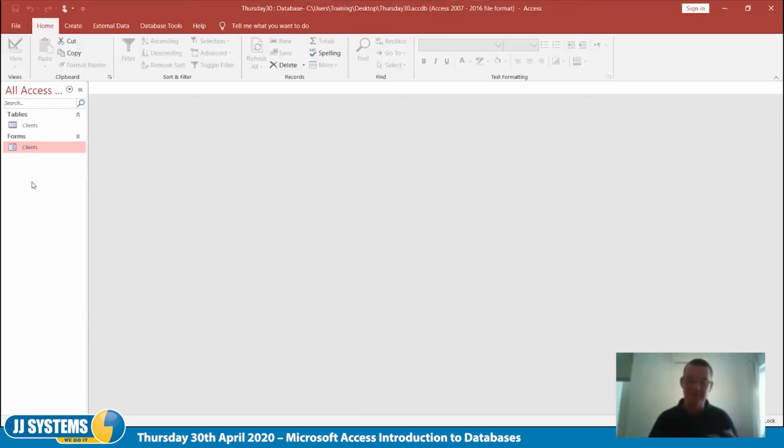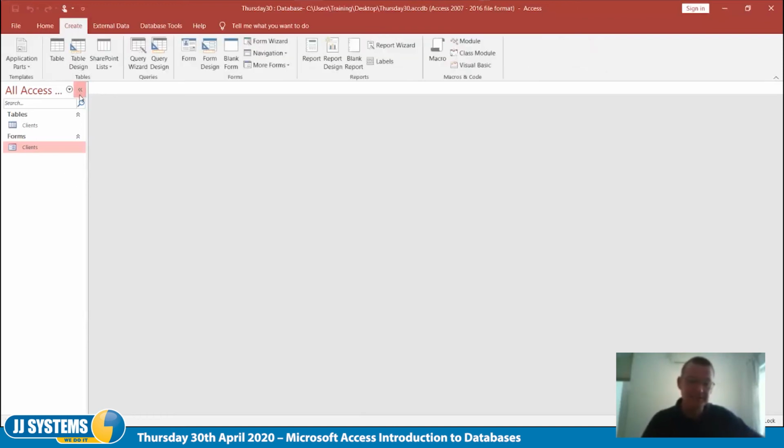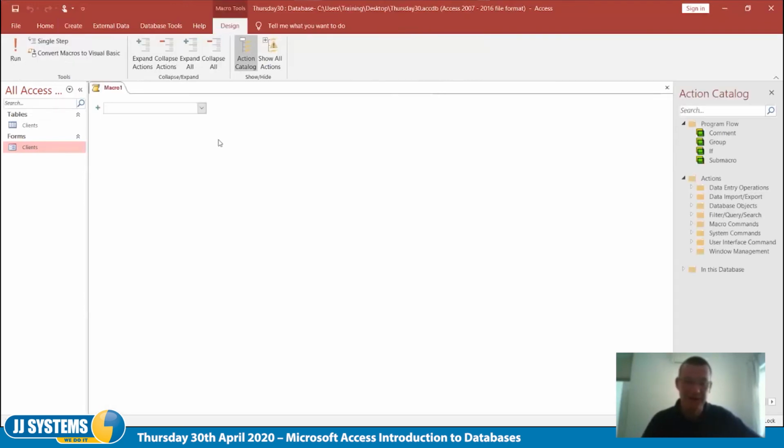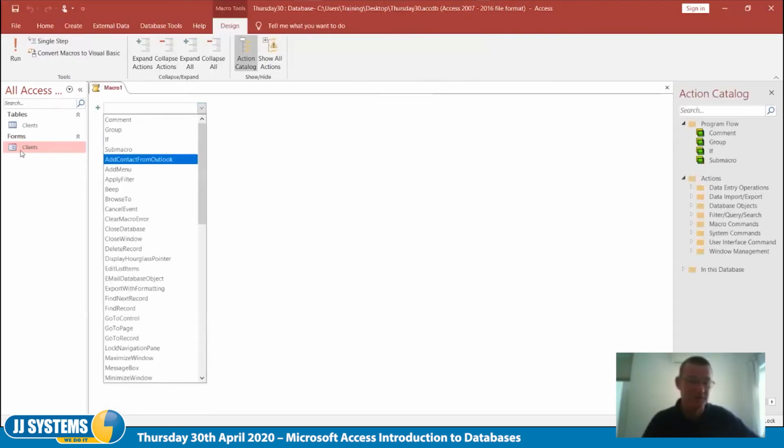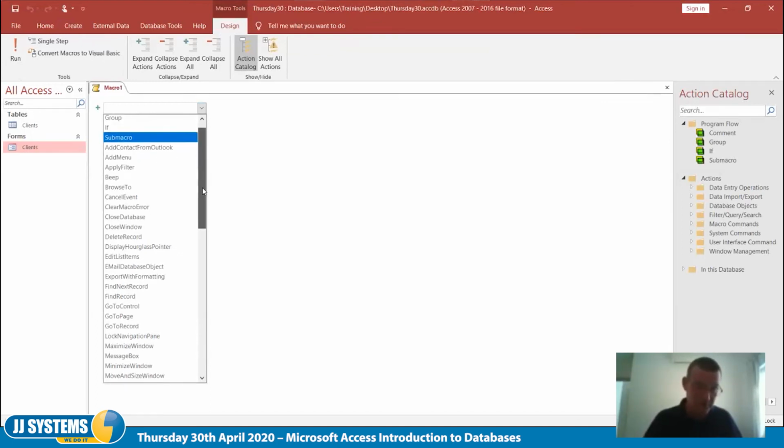I can do that, but you won't be able to see it happen because when I exit out of Access, it won't show anything on the screen except me, which won't help at all. But the easy way to do that is to go to Create and say I want to create a macro. Click on macro, and I'm going to create a macro that opens the client's form. And so it'll be open form,